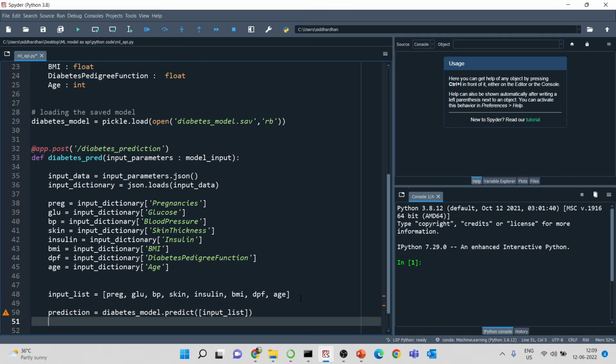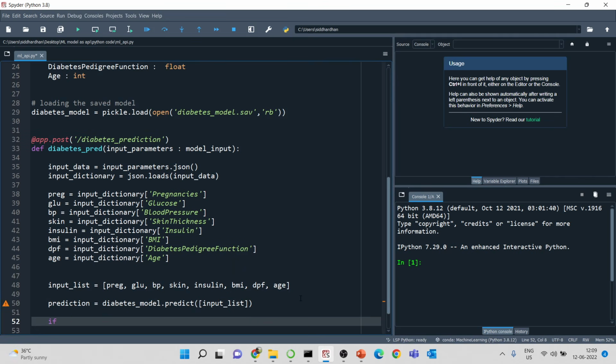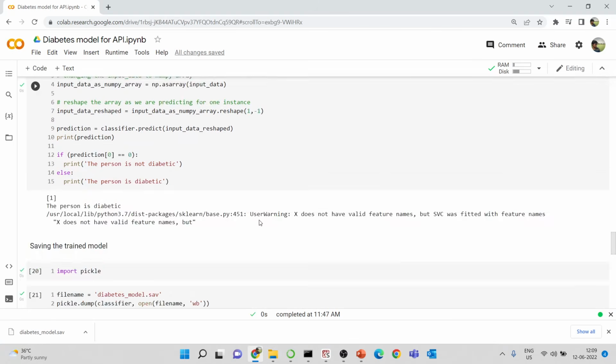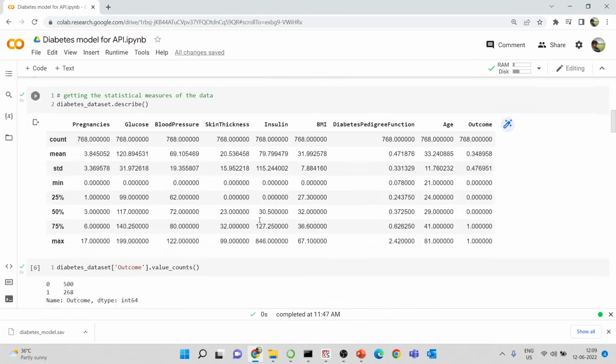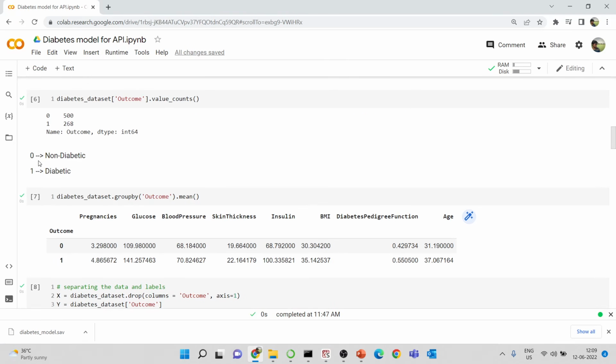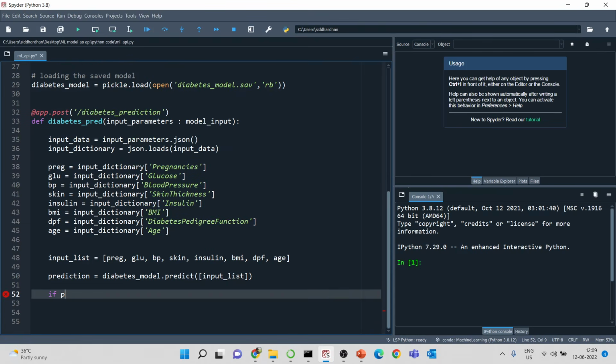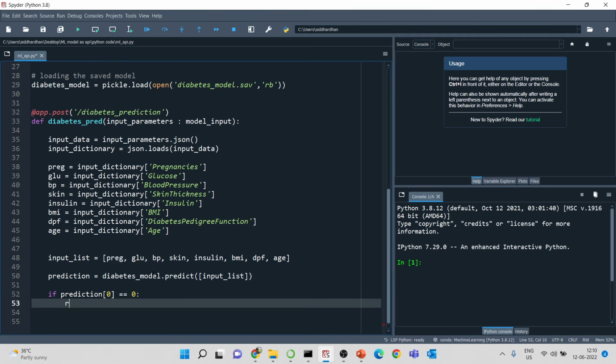Later, the final result of this prediction will be either 1 or 0. If the value is 1, that means the person is diabetic. If the value is 0, that means the person is not diabetic. So here we have mentioned that 0 means non-diabetic and 1 means diabetic, and we have to mention this here. If the final prediction of 0 is equal to 0, in that case we have to say